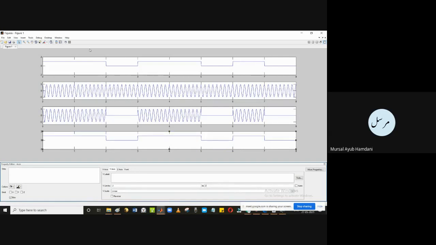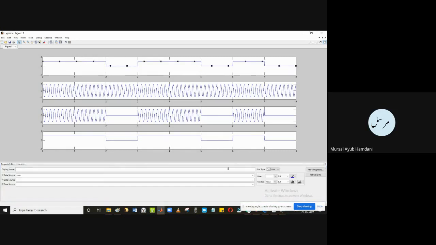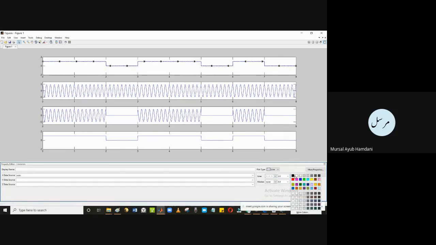Okay, now if you click on these lines instead of on the overall plot, you can plot different types of line variants like this. Coloring you can do.